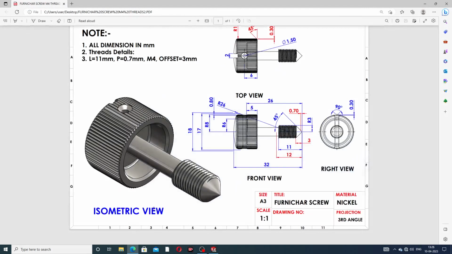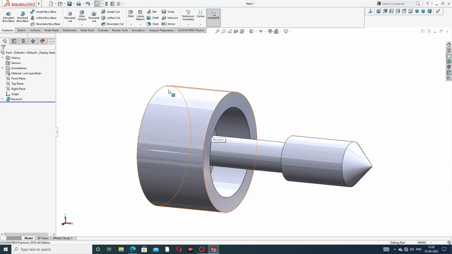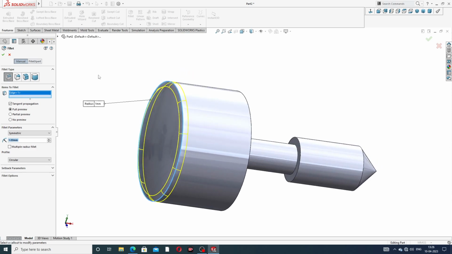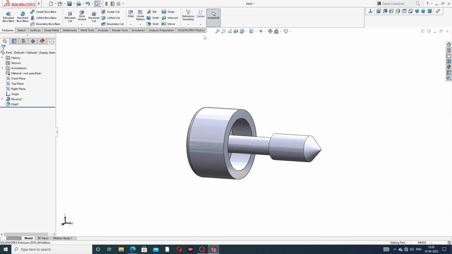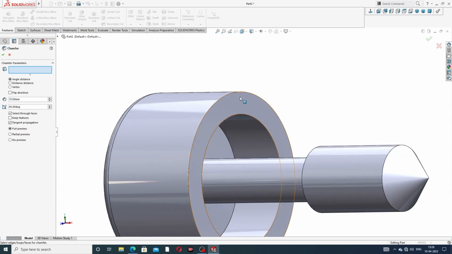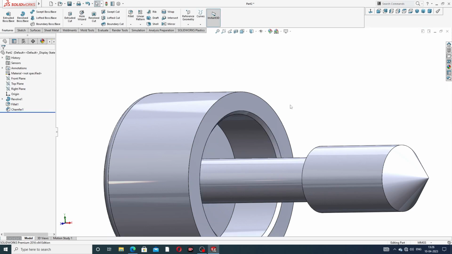okay, and next is this fillet is used here, this fillet is 1 millimeter, and this is a chamfer is 45-degree angle and 0.3, and fillet is used here, and this fillet is used 1 millimeter, click this and click OK, okay, and again select a chamfer, this chamfer is use this to this, chamfer is 0.3 millimeter is perfect, okay,